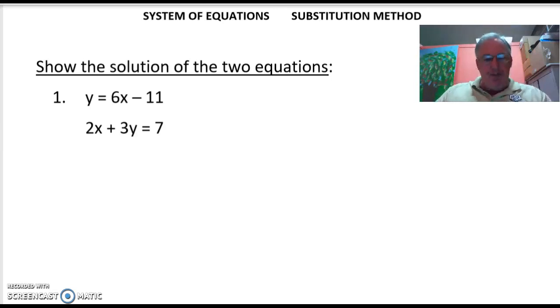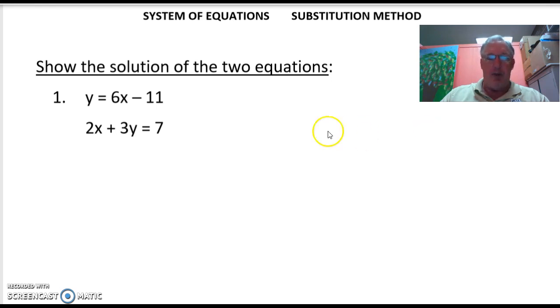Hello students, this is a lesson on the system of equations substitution method, and in the first problem here we're going to show what the solution is of these two equations. Now for the substitution method we're going to take what one of the variables is equal to and substitute what it is equal to into the other equation to find the other variable. And once we find that variable, we're going to plug it back into the original equation